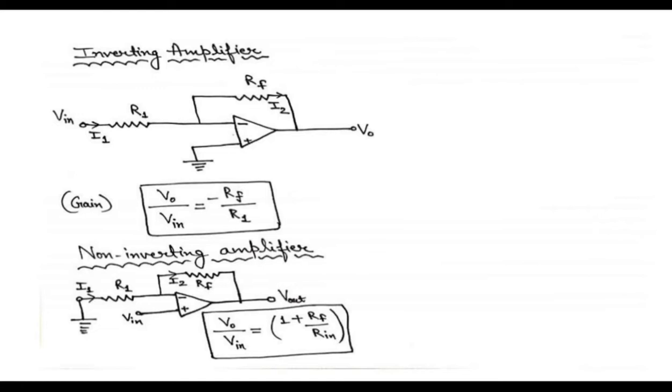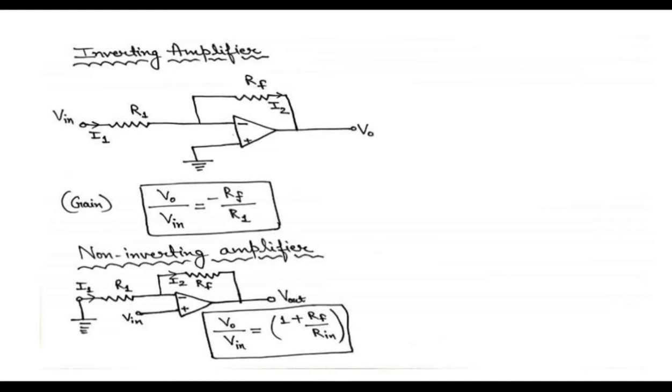As you look at the circuit diagram, you will observe that in the case of the inverting amplifier, the input is provided to the negative terminal, or you can say the inverting terminal of the op-amp. This type of circuit, where the input is provided to the inverting terminal and the non-inverting terminal is grounded, is known as the inverting amplifier circuit, and the feedback will also be there. As you can see, feedback has been provided towards the negative terminal side, and this feedback is going to make the circuit an amplifier.